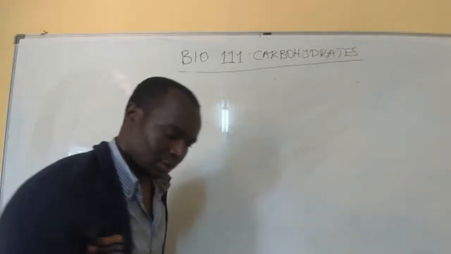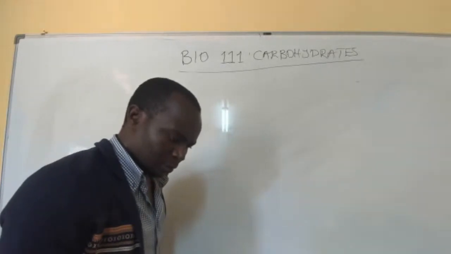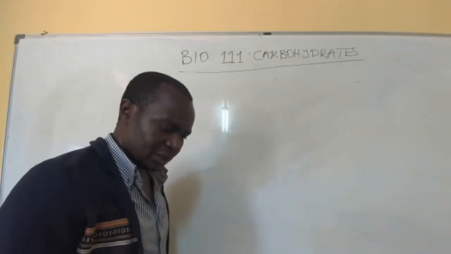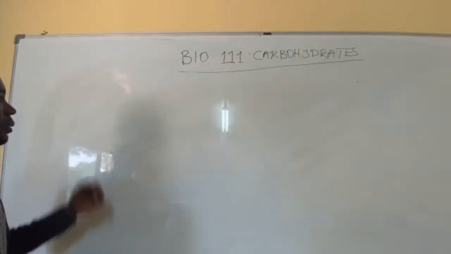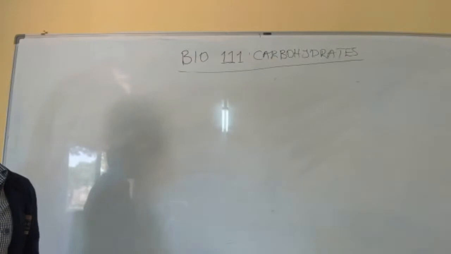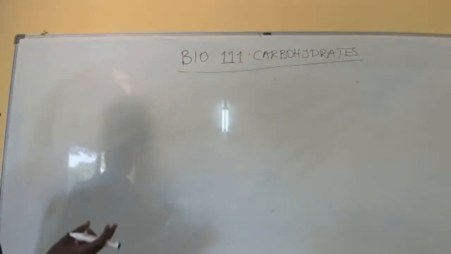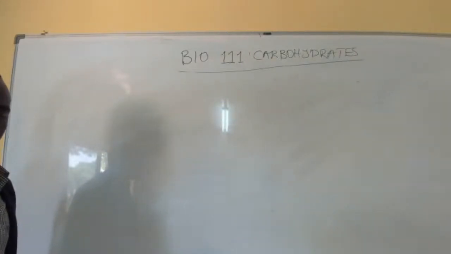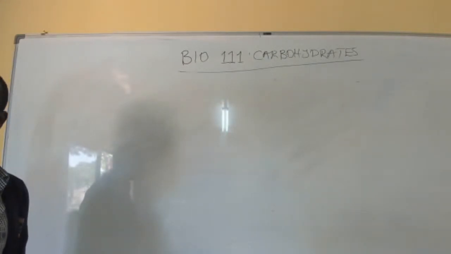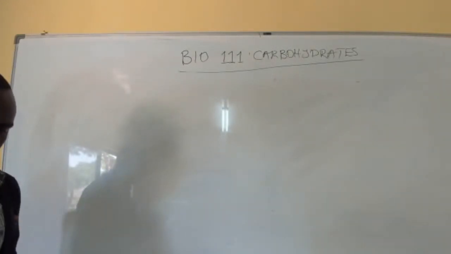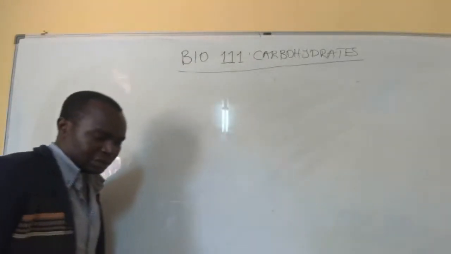Question number 2 reads, mention the isomers of glucose and explain what kind of isomers they are. I'm sure we've already covered these when we talked about the structural isomers, glucose and fructose, whereas galactose and your alpha and beta D glucose are stereoisomers because of the spatial arrangement of these atoms. Okay, so question 3